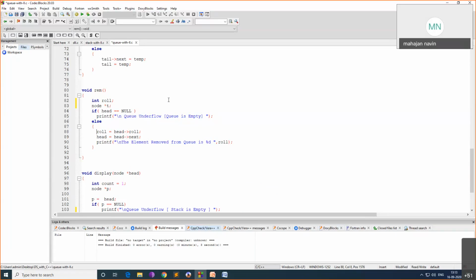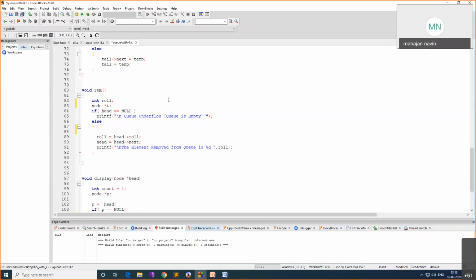And when I want to remove, if it is not empty, I will say t equal to head, and roll equal to roll number of head. Head I will move to next node. Head will become head of next. I will print element removed from queue is roll number, and at the end I will say free t. That means I have freed t.